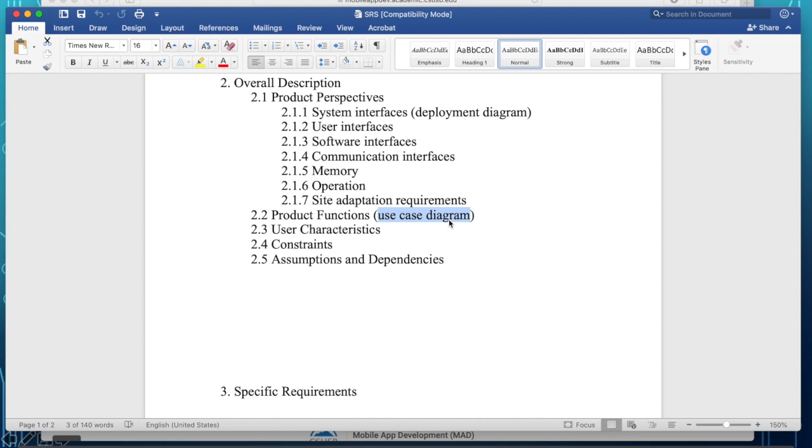So use case diagrams are the different use cases, and if there are new use cases that you will add, then make sure you differentiate those new use cases from the previous ones. But this is the UML diagram that we use to actually specify the function of the software.